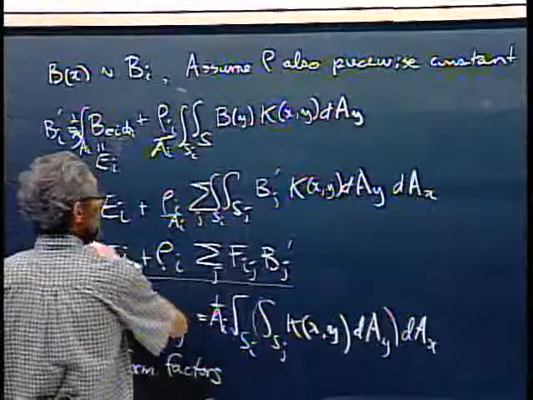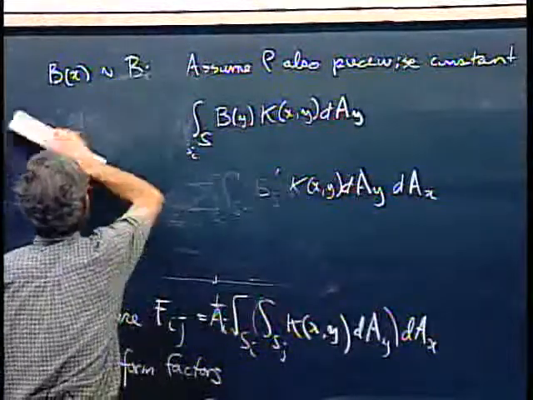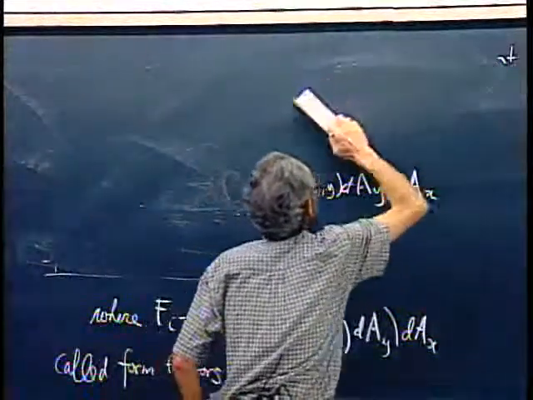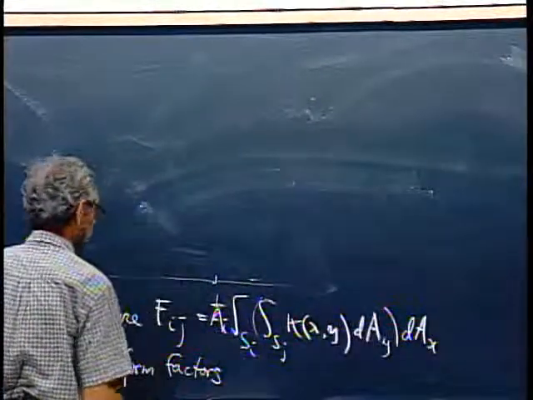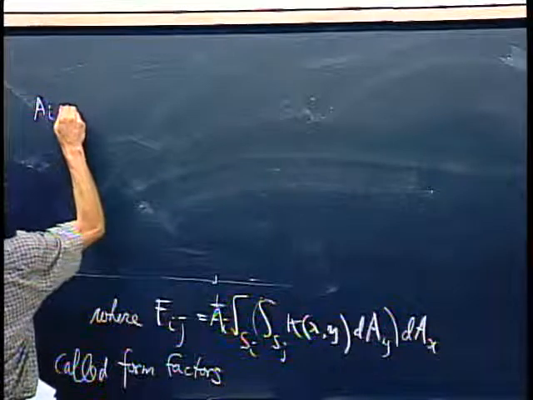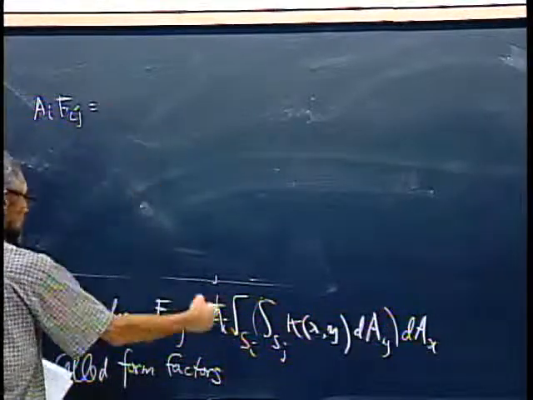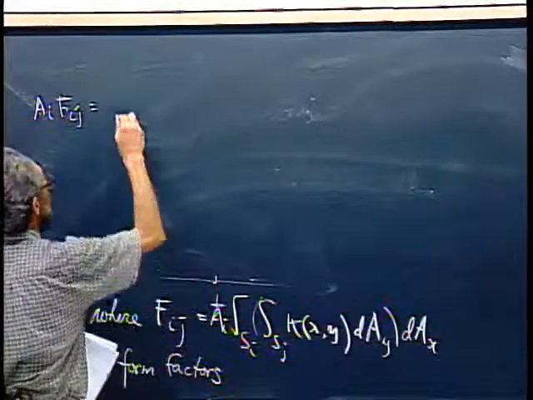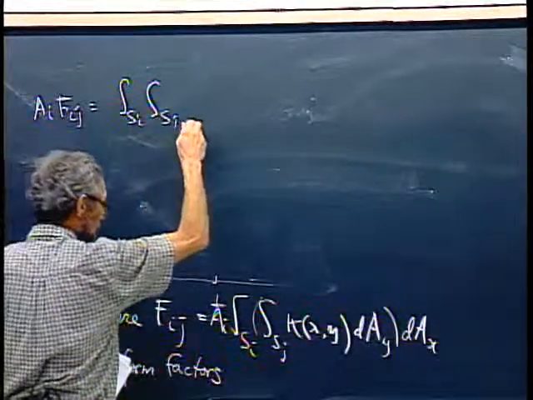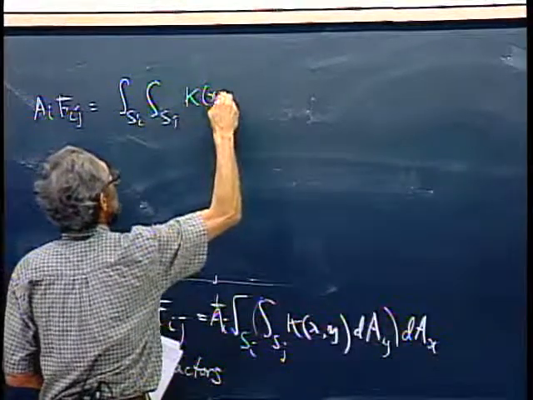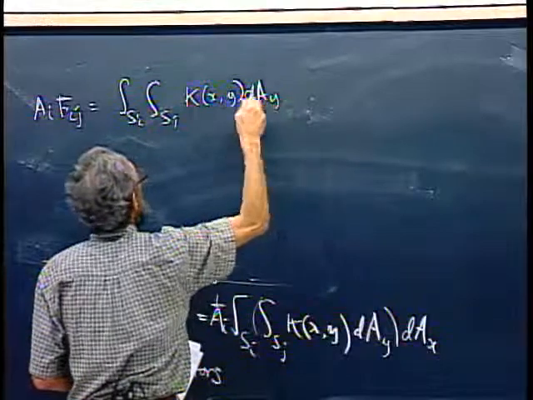I still got my matrix equation there, which is equivalent to this one, so I can erase it. If I multiply this by Ai, Fij, that'll cancel this Ai here, and I'll get the integral over Si, integral over Sj of Kxy dAy